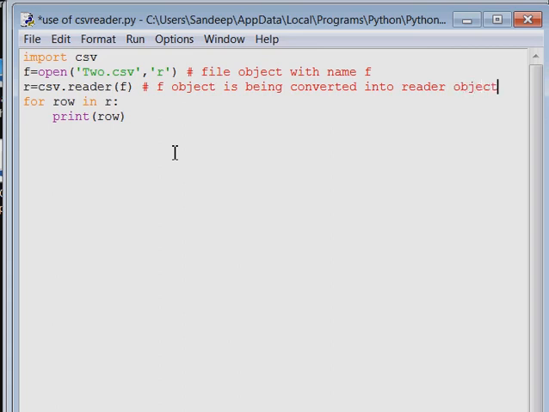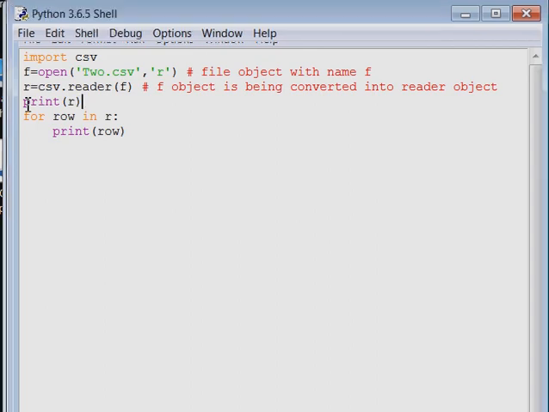Means the type of object is being converted from file object to reader object. So if you directly write print r here, you are not able to read this object. It will be in address form. You can check it by pressing F5.